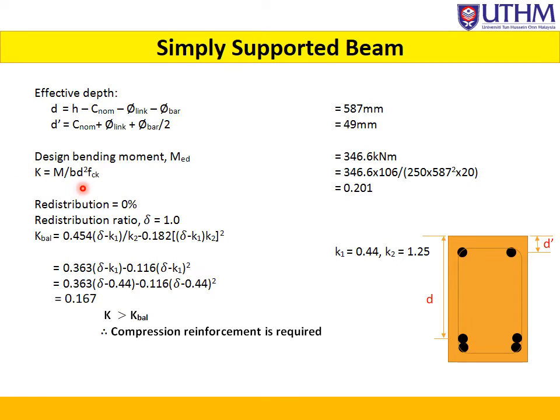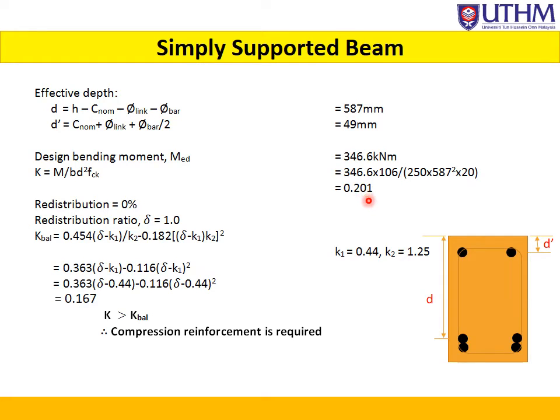The formula to get K is equal to M divided by BD to the power of 2 times FCK. We have to compare our K with our value of K balance. This comparison will determine whether our beam is singly or doubly reinforced. Our K calculated is